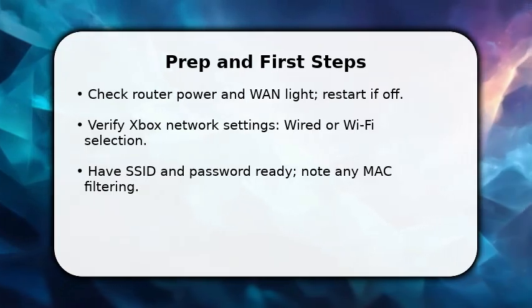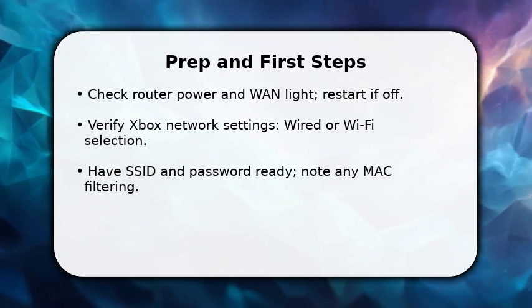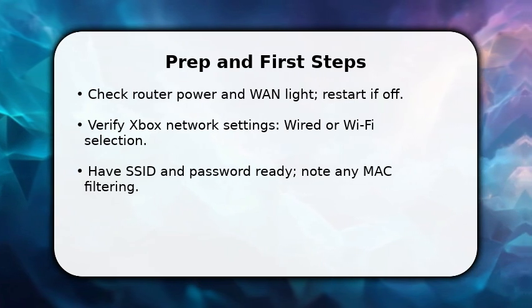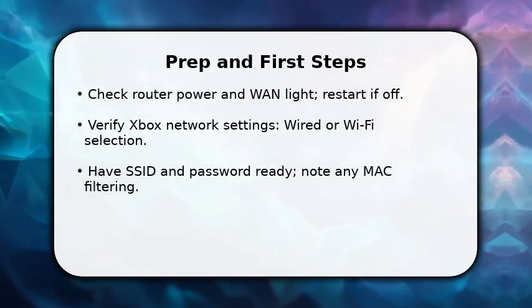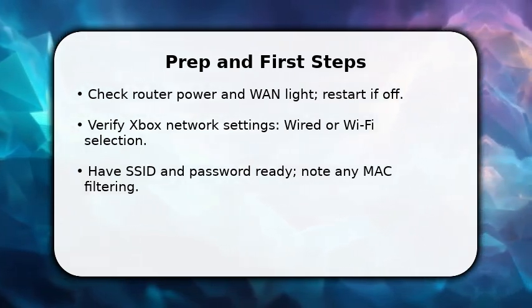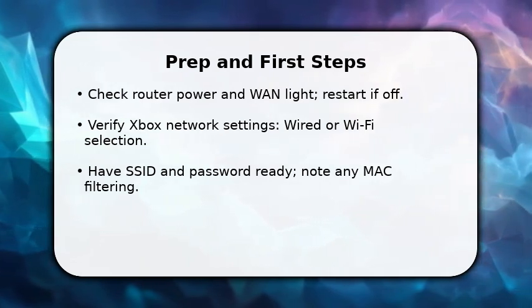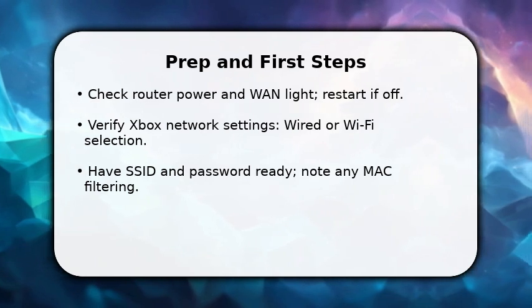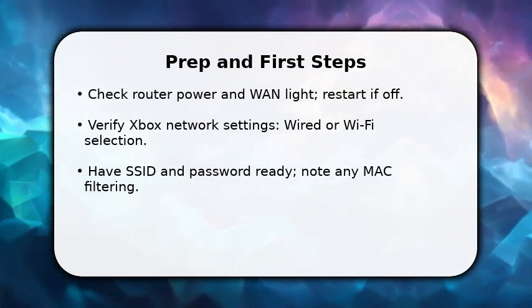You start by confirming prerequisites. Ensure the router is powered, internet service is active, and you know the Wi-Fi name and password. First, plug the Xbox directly via Ethernet if possible. This isolates Wi-Fi variables. If you must use wireless, choose the correct SSID on the console and enter the password